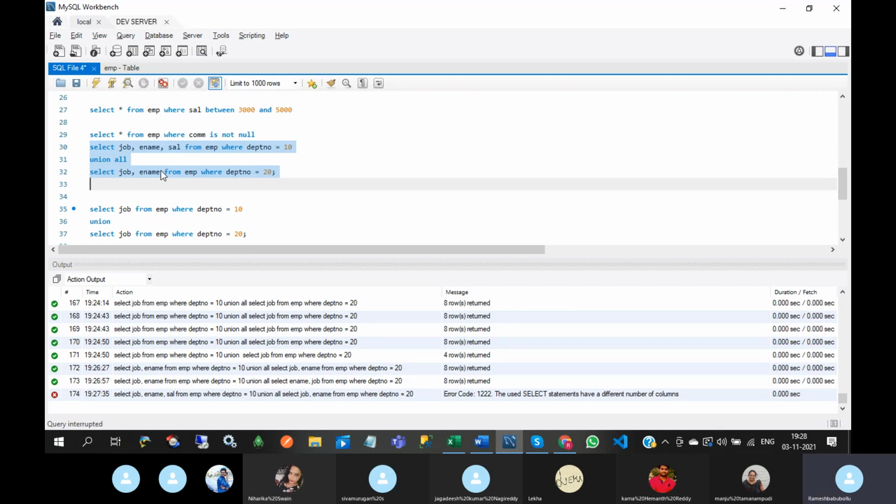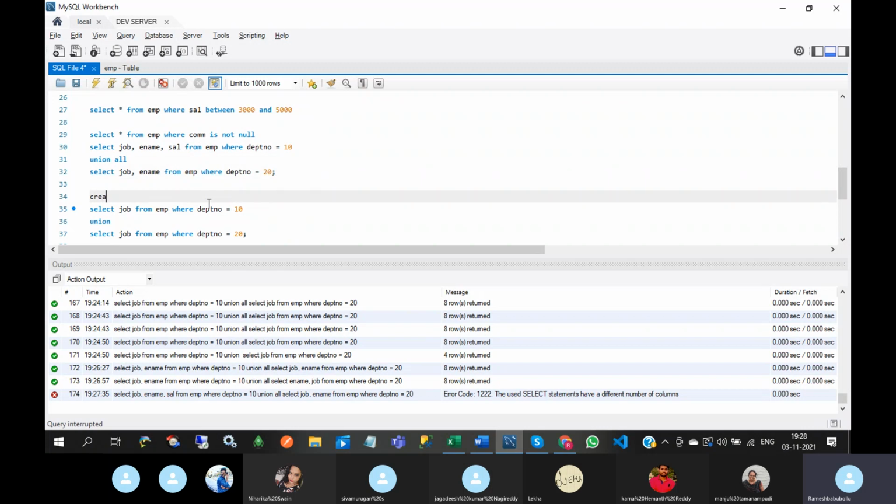Second one is the data types must be same or compatible. So here, for our understanding purpose, I am taking same table. You can take another table also. So both queries belong to one table, but different department numbers. You can take another table also, like create table emp20 as select.